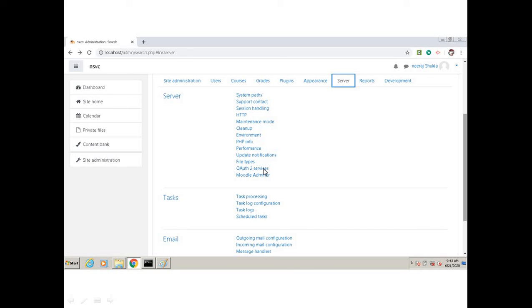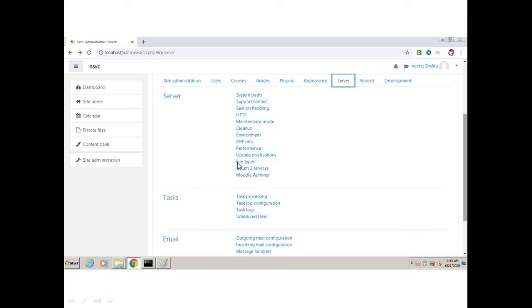That means if you want that the user need not create a login, if any user wants to log in through Facebook or Google or Yahoo or Microsoft, you configure this. Okay. Then you go for Moodle Adminer.